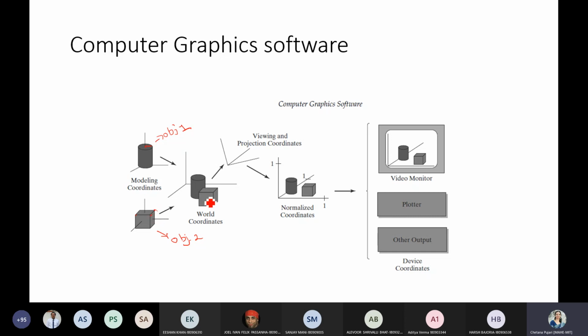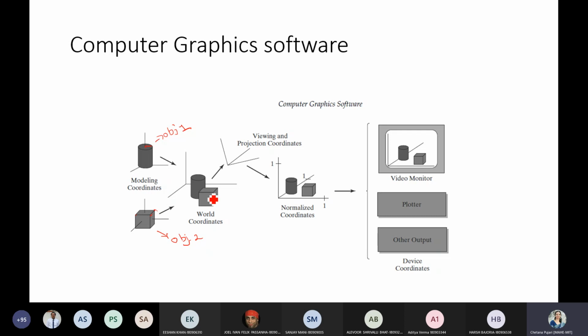The next step is, once the model is ready, you are going to place that model in the world coordinates. This is the main scene, wherein you want all your components. Say for example, the different furniture and television which I mentioned, if you want the different components to be placed into the screen, first keep that object ready in a separate space. Design it with respect to local coordinates, and then add it onto your world coordinates.